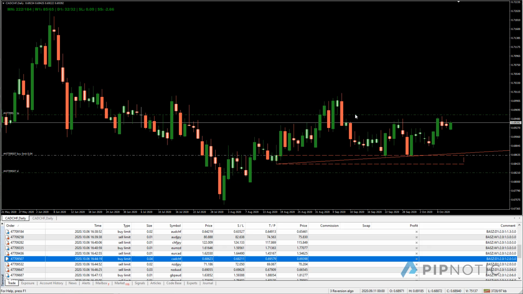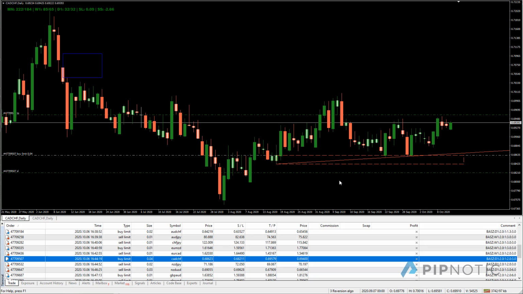Yeah, this is an area that's been tested once. Here we formed the child. The child was tested. Now we have an upward sloping trend line, but I think if price comes down to here, that might be quite interesting. Hopefully it does it before it gets up into this area here,